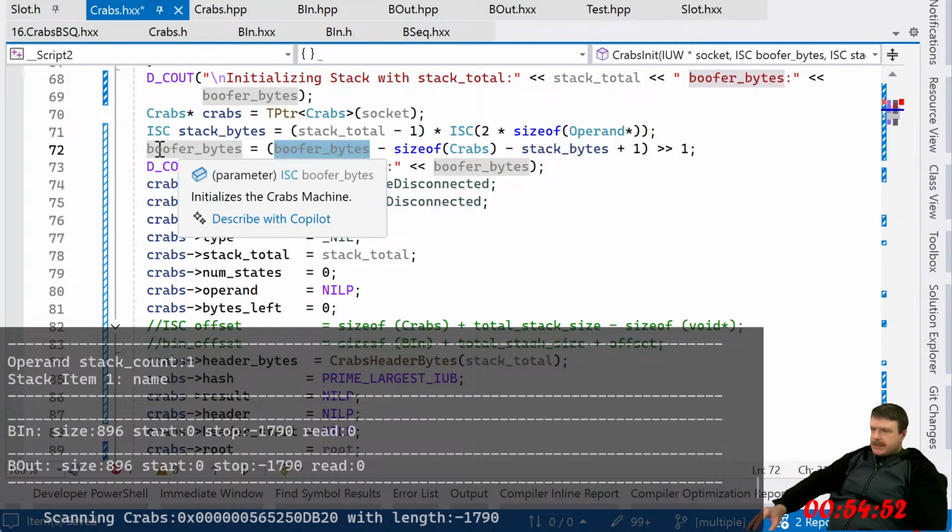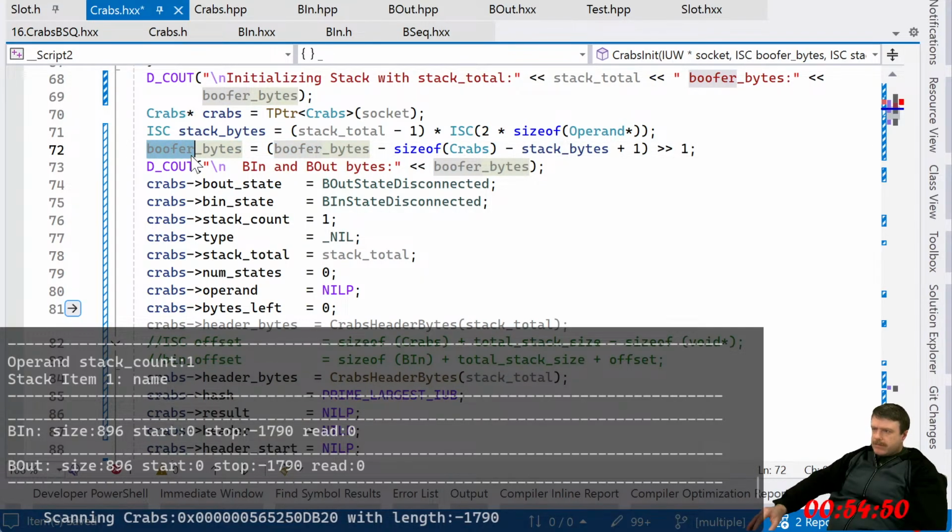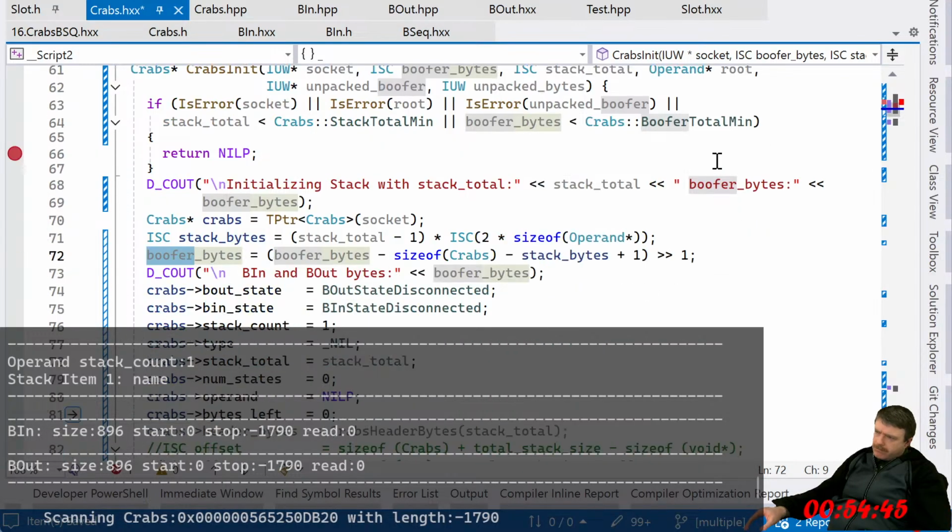I'm just gonna change this because I just don't like it.